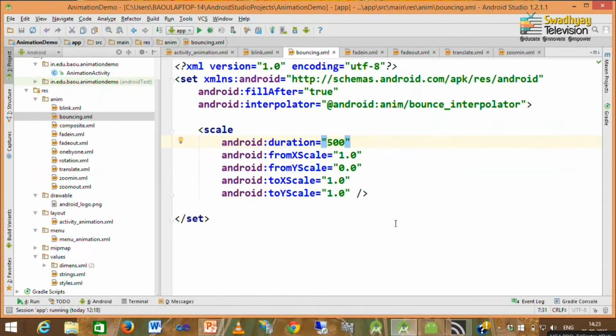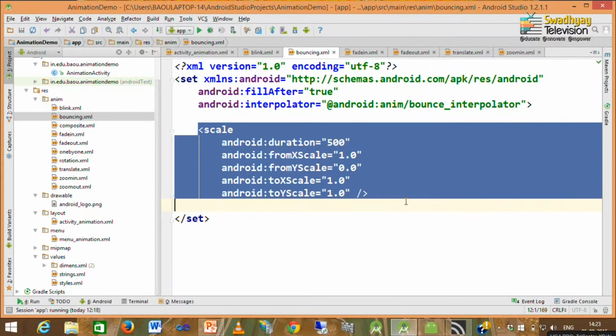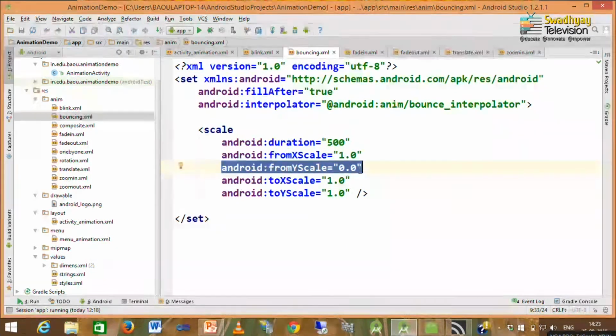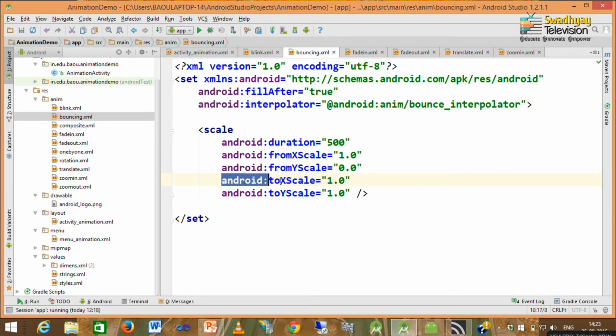Now, next is the bouncing effect. So, here we use the scale attribute, and inside the scale attribute we specify the duration and we set fromXScale as 1 and fromYScale as 0, and toXScale as 1 and toYScale as 1.